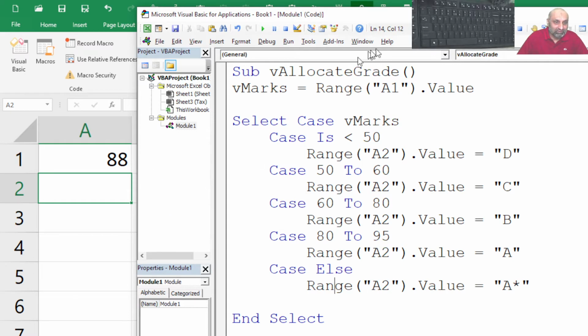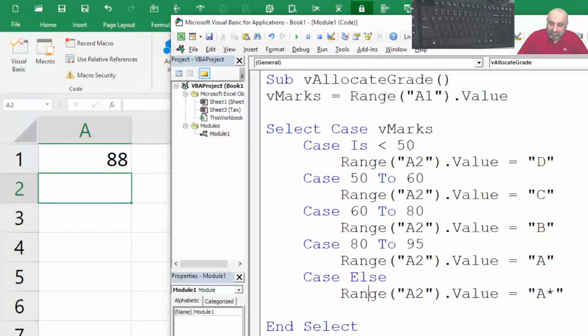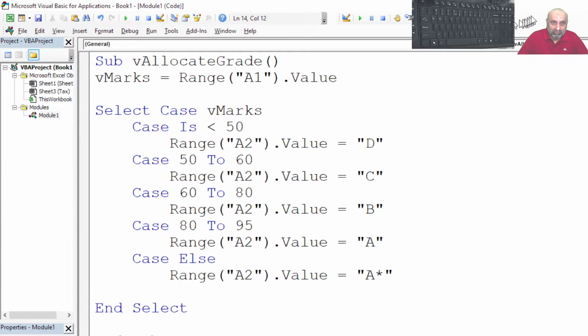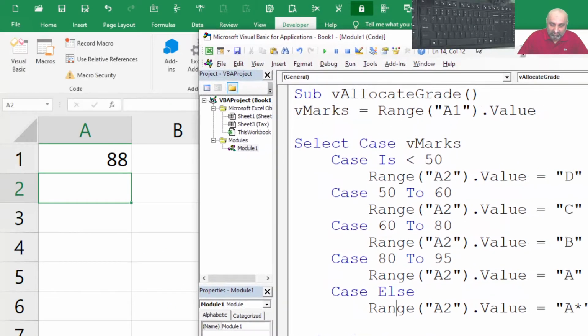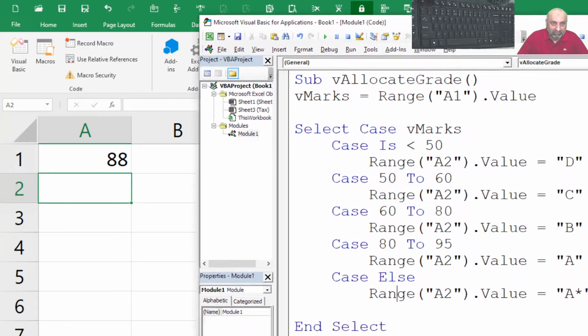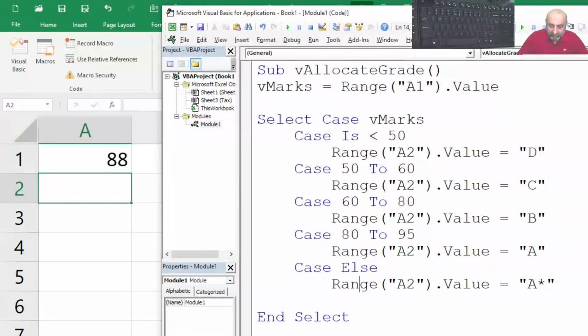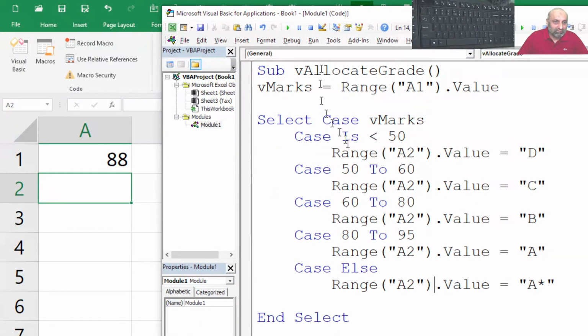So let's run this with F8. Is it less than 50? No. No. Yes, it's going to be A.